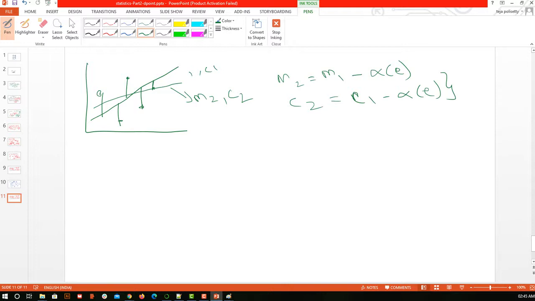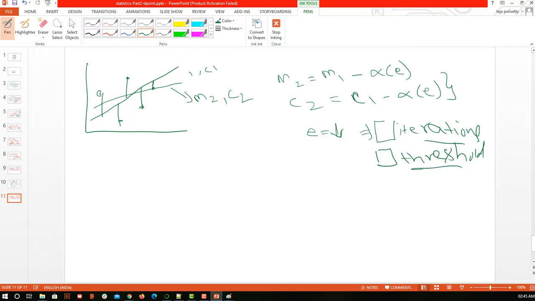Again I am going to find the error, so that process is going to repeat and repeat again. For how many iterations is this going to happen? As long as for every new m2 and c2 my error is starting to decrease. I can restrict based on the number of iterations, or I can give a threshold for the error: if the error is this much, then I am good, no problem. Otherwise the default values it will take.